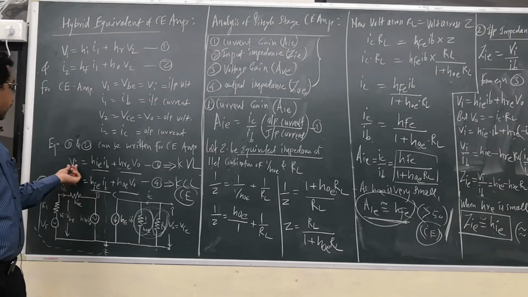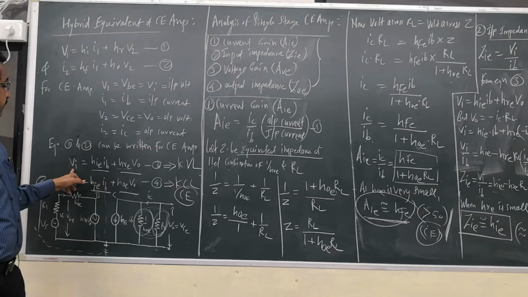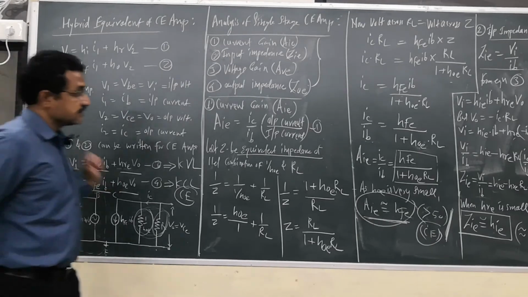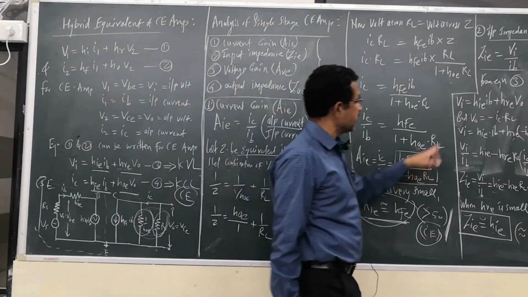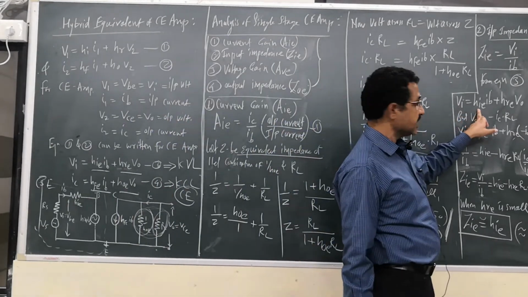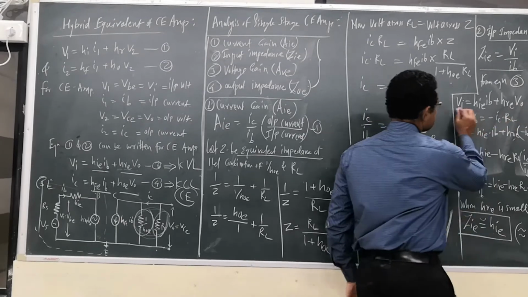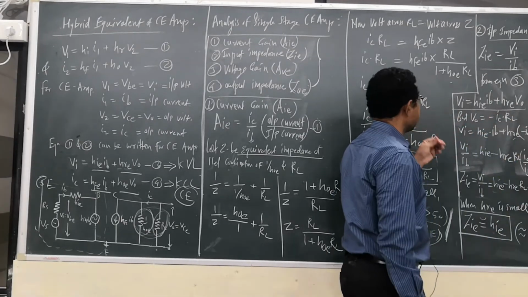उसमें से अगर हम ये Vi और... because we have to find out the Vi and Ib का ratio हमें निकालना है, तो हम equation number 3 use कर सकते हैं। इसलिए equation number 3 यहाँ पे हमने use किया, that is Vi is equals to hie into Ib plus hre into Vo। यही अगर equations को हमने use किया तो यही से आप लोगों को क्या मिलेगा,